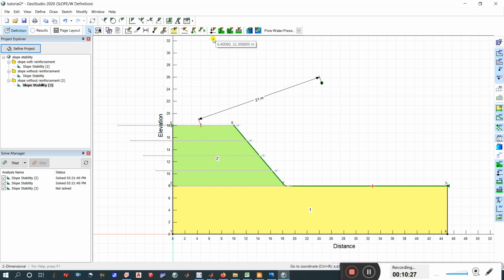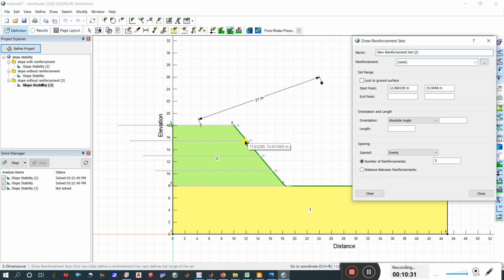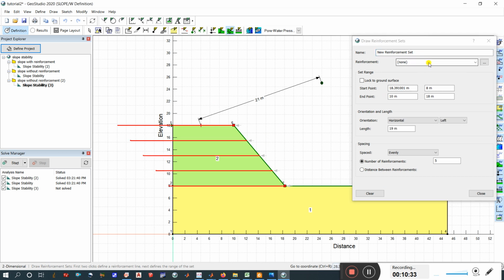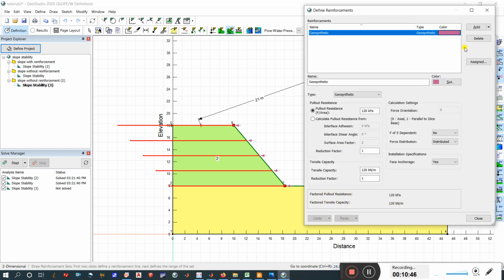Now you have provided the reinforcement, but you have not given it a property. If you have already added the property for reinforcement, I've already added it as geosynthetic, so you can add it, or you can go here and define the properties of the geosynthetics just like soil.